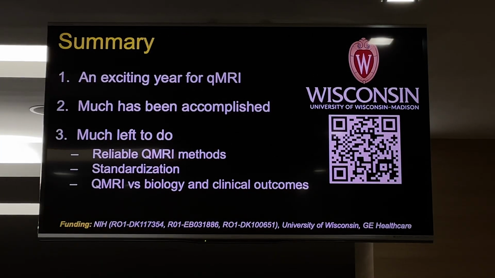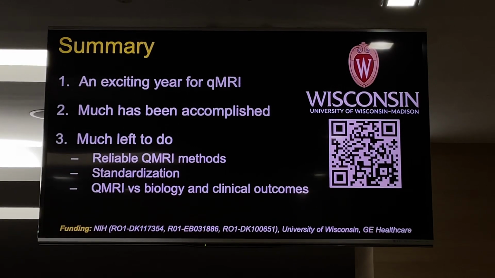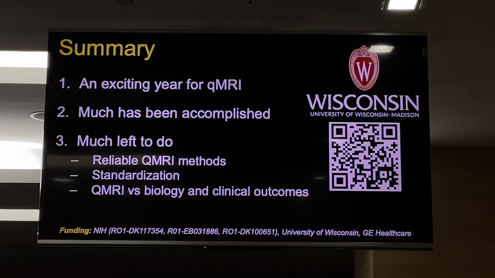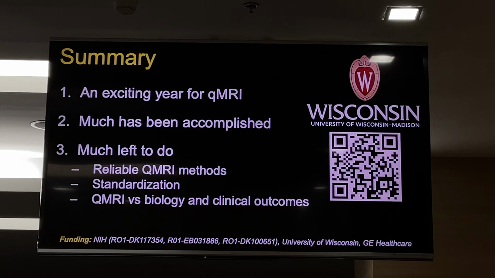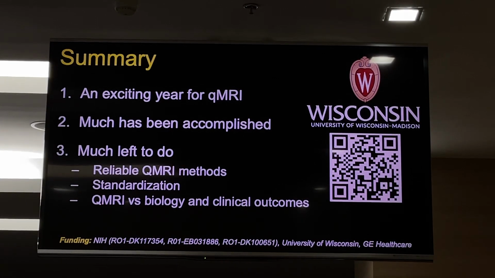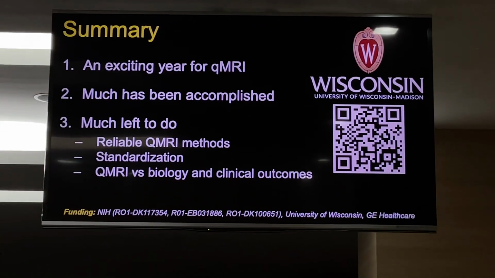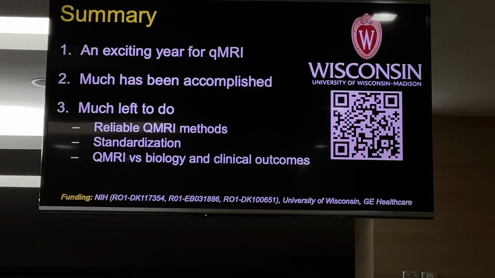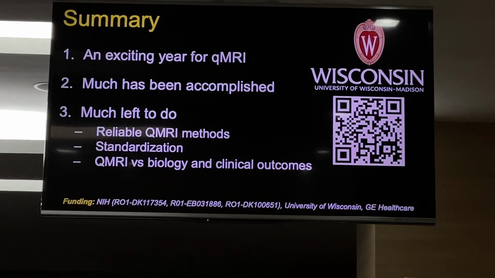Okay, that's all I wanted to say. So just to recap, this has been an exciting year for quantitative MRI, particularly in the body. There has been a lot that has been accomplished, but there's a lot left to do, and we need help. We need more reliable quantitative methods that work every time in all patients. We need to move towards improved standardization. And finally, there's a lot of fascinating biology and clinical outcomes questions, particularly in the context of the new drugs that are coming out, that we can maybe start to answer with these quantitative